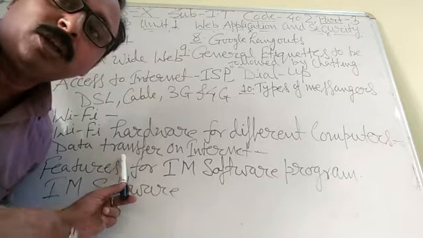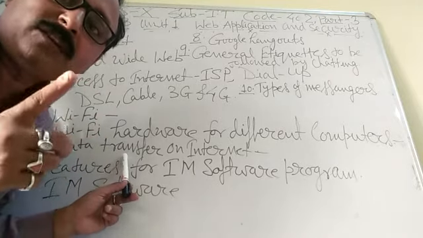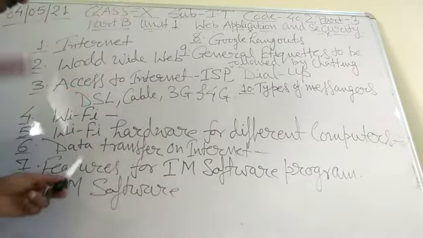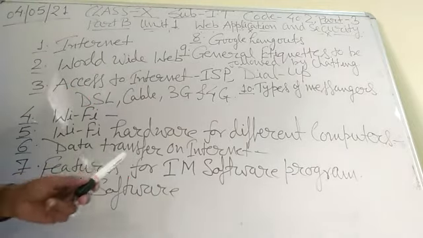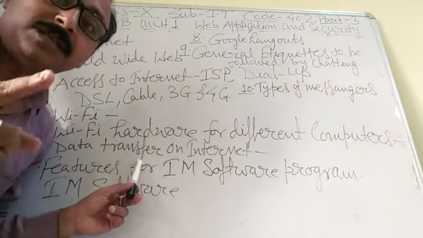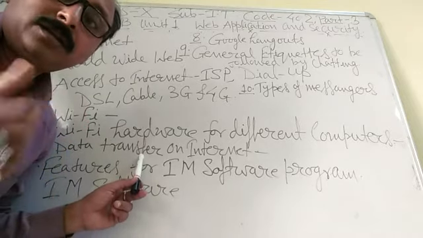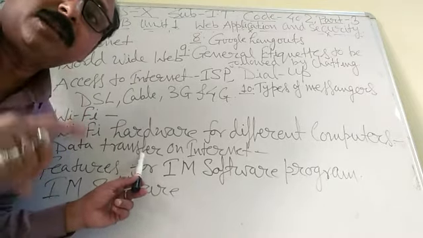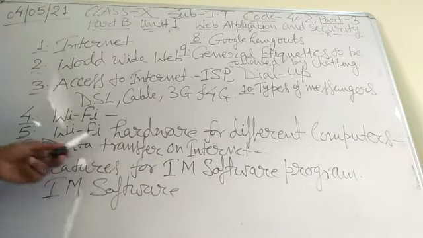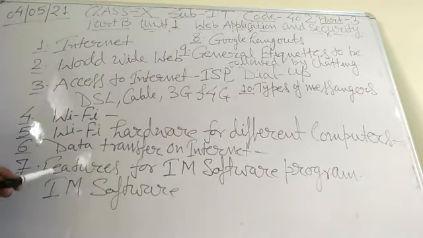This is the download. So here are the three methods. First is send, second is receive, and third is send and receive. Send means uploading, receive means downloading, and send and receive means downloading and uploading. Right? Now next I am going to discuss